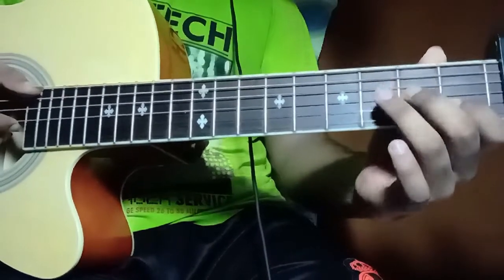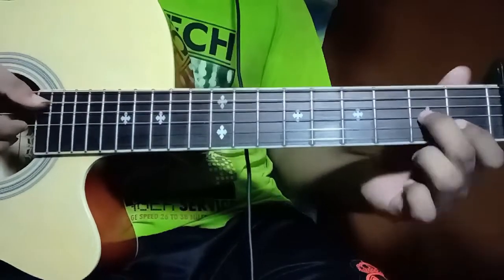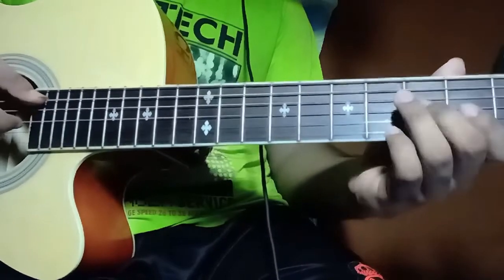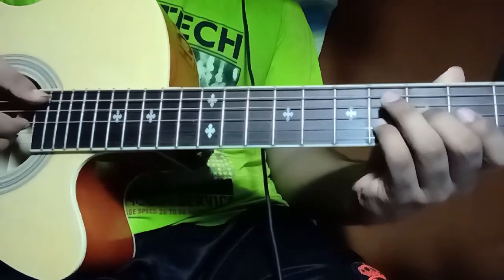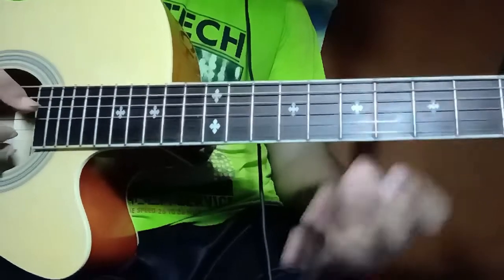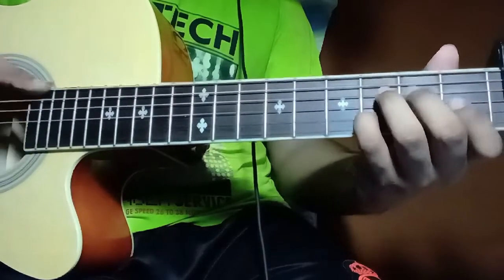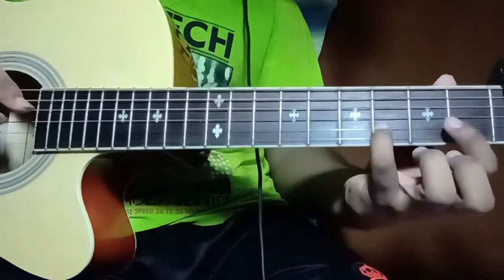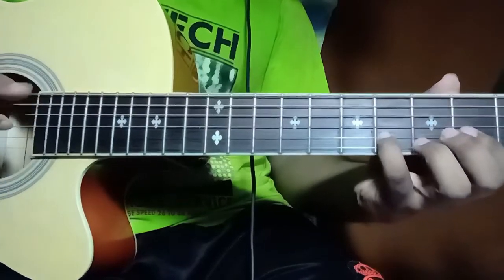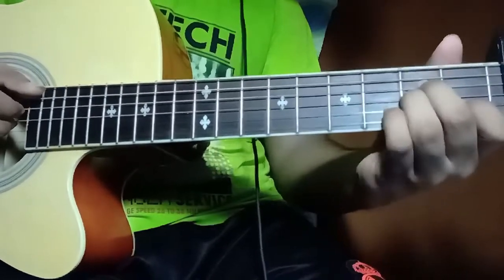You are going to do a hammer on from 1 to 3, and along with that you are going to pick second fret of the third string, like this. Then you pick second fret of the third string and third fret of the second string together. Then pick open on the first string. Then you do a pull off from 3 to 1 on the second string, and along with that you are going to do a slap and strum. So the slap and strum should be on the second string where you are doing the pull off. So all together you get